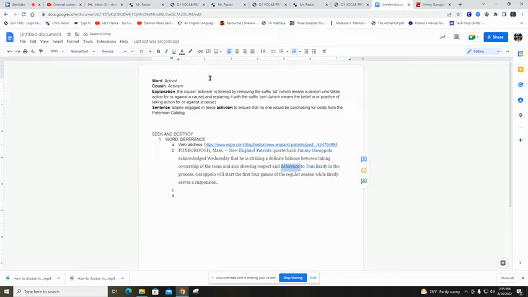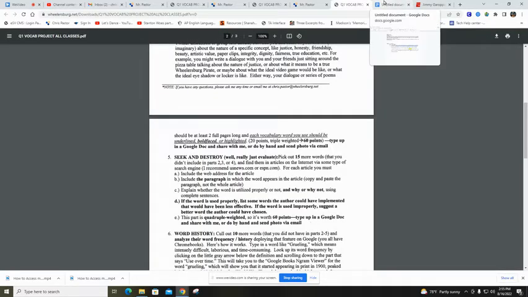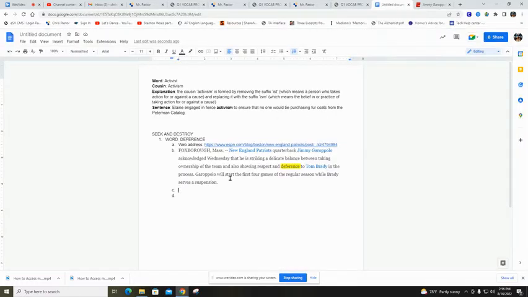Okay, and I'm going to highlight this using my handy dandy Google tool. What's the next thing that I've got to do? Explain whether it's utilized properly. So it says here that he is striking a delicate balance between taking ownership of the team and showing respect and deference to Tom Brady in the process. So the word deference is utilized